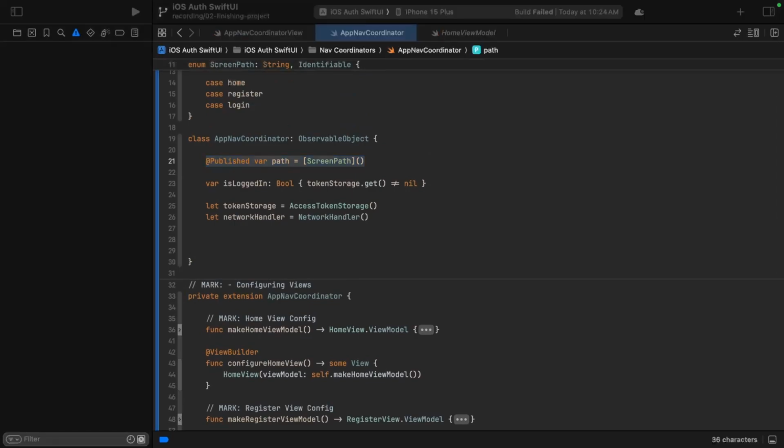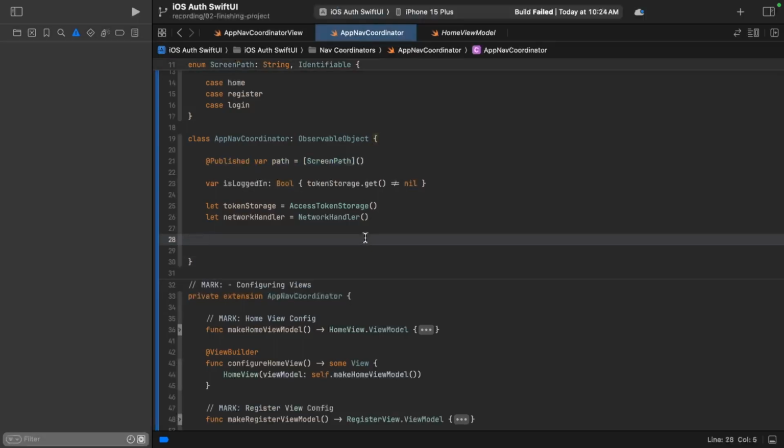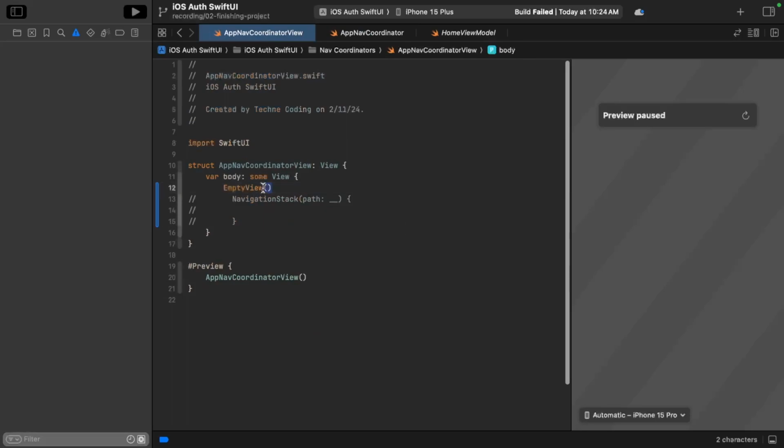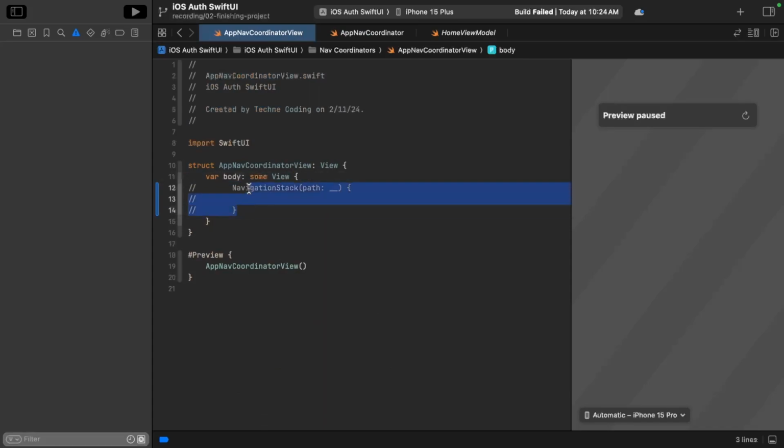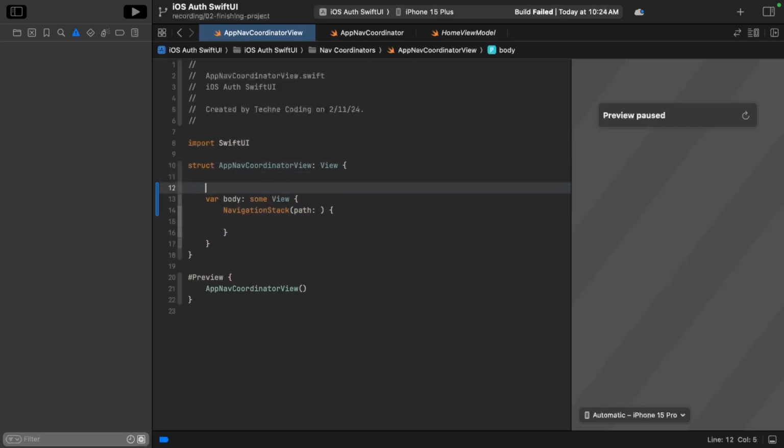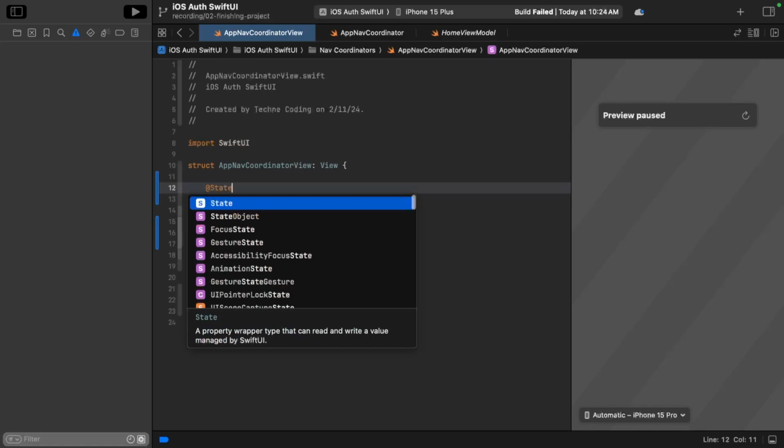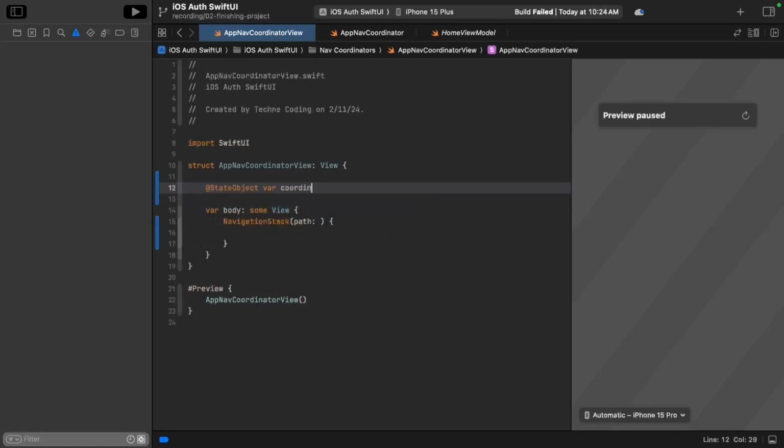So now that we have those two things all set, what we want to do is we need a couple things here. The first one is we need a root view. So the thing is, actually, now that we have the path here, it's probably a good time to go back to our view, and it's more easily explained if I just show you. If I can actually delete this row here to show you what I mean by that. So what we need to do is we actually have to have the coordinator in here. So we're going to say @StateObject var coordinator: AppNavCoordinator = .init(). And then within here, we're going to say